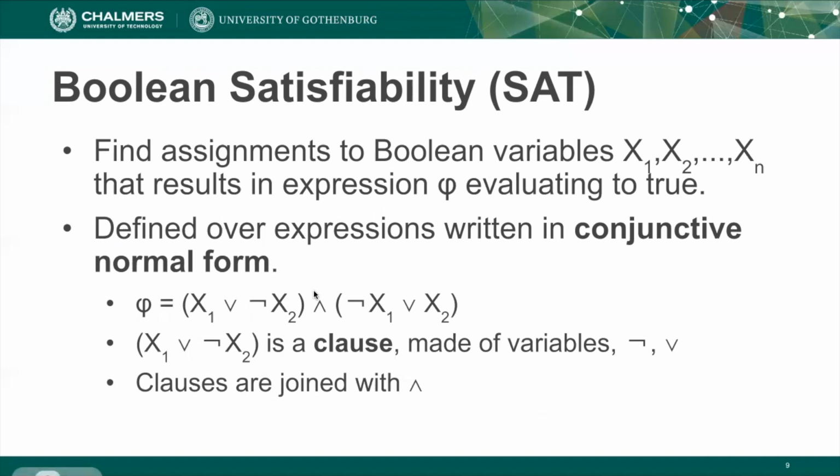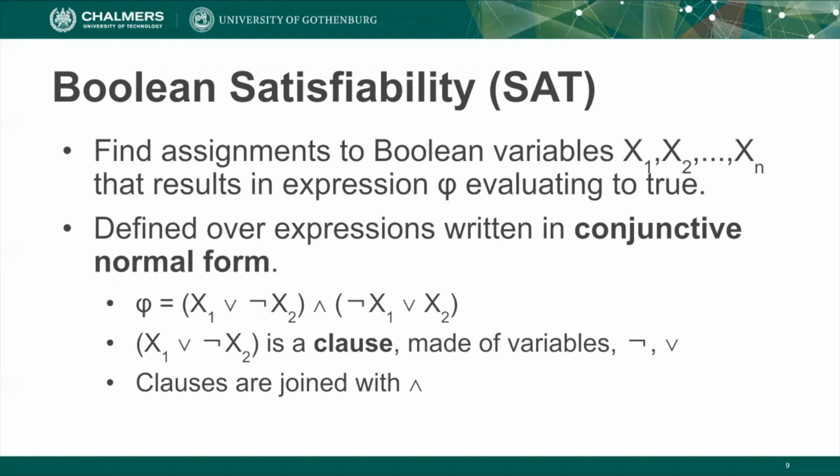So in this case, right, we have some variables, x1, connected as disjunctions within a clause, x1 or not x2, and each clause is connected by a conjunction and not x1 or x2,